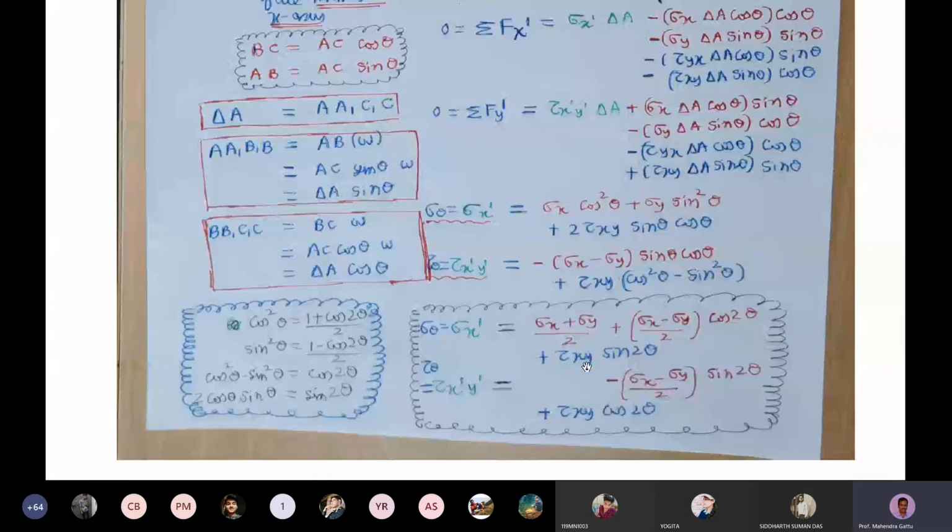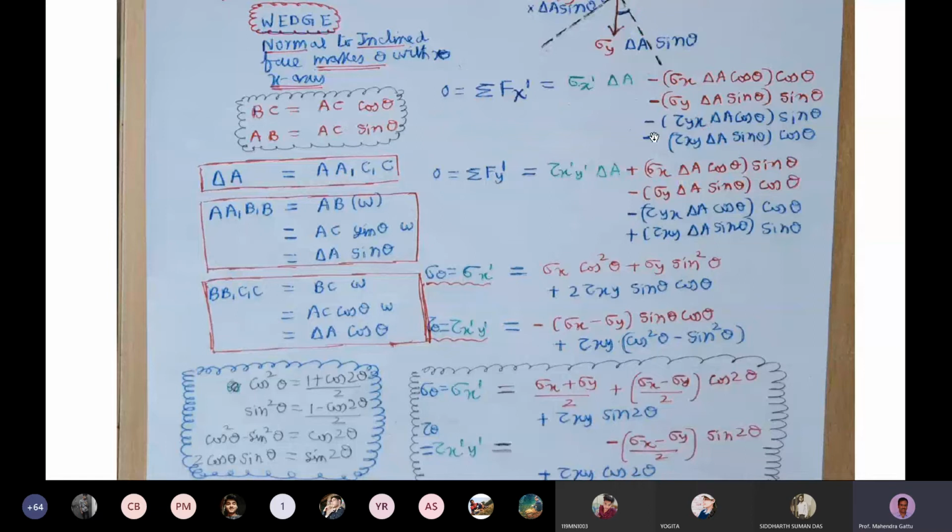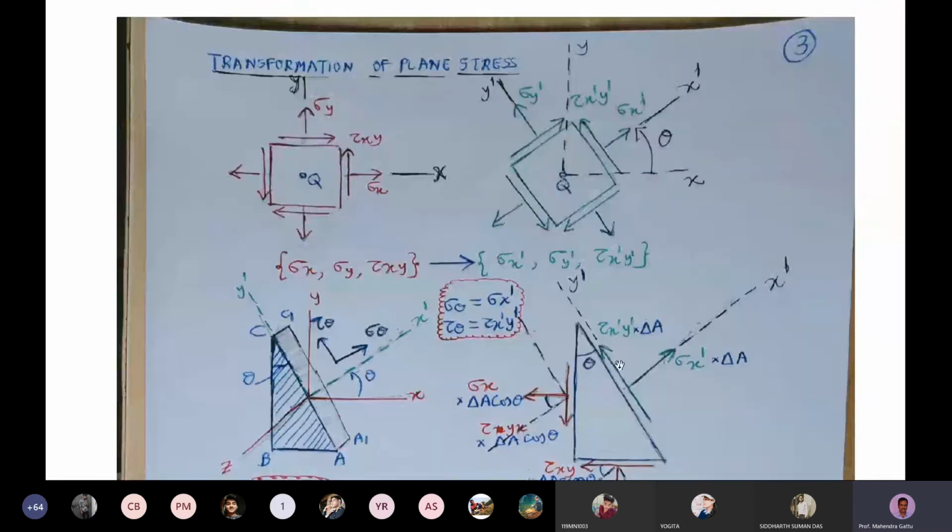And what we need is, what will happen if the orientation changes, we want to find what is sigma y prime. So how do you find sigma y prime? We have found sigma x prime and tau x prime y prime here. So we have to find one more component, that is sigma y prime. So we need to find this component. So how do you get that y prime component? To get that, we will use the same formula but with a small change.